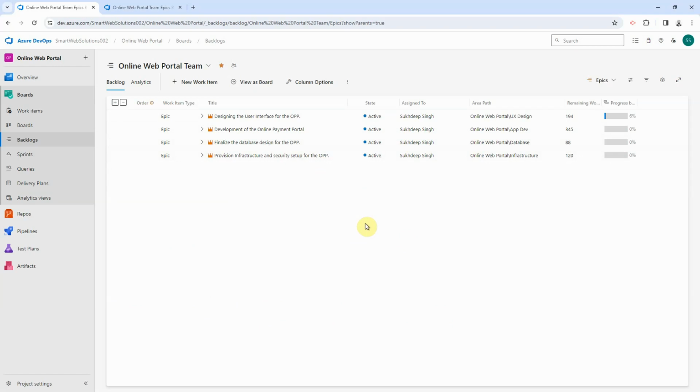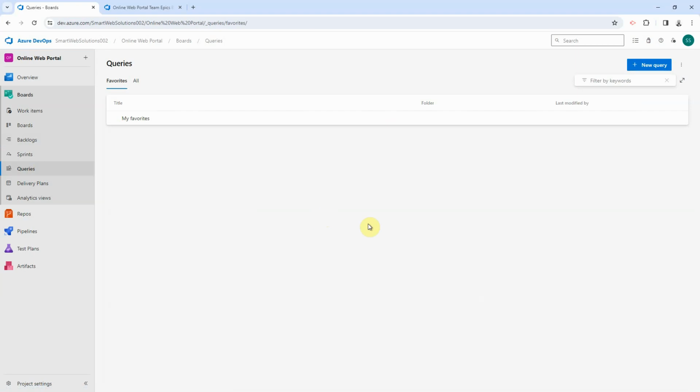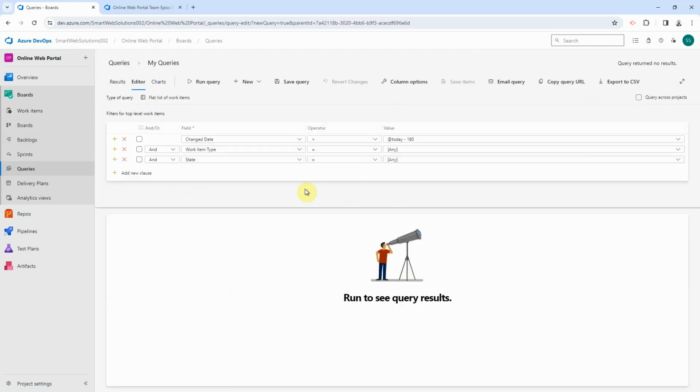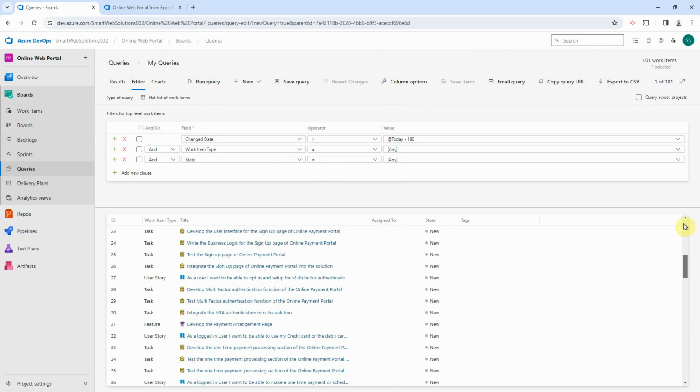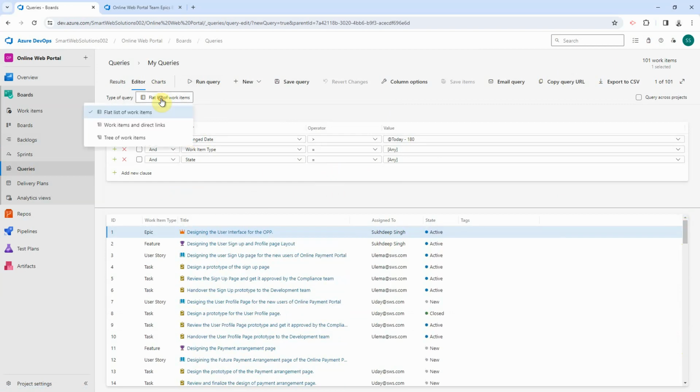We're back to the backlog, and as a first step, let's go to the queries, and we will create a query to fetch all the work items we have defined so far for our project. Let's create a new query, and the Azure DevOps portal provides a template by default. We can simply run it, and it provides a flat structure of the work items. We can choose